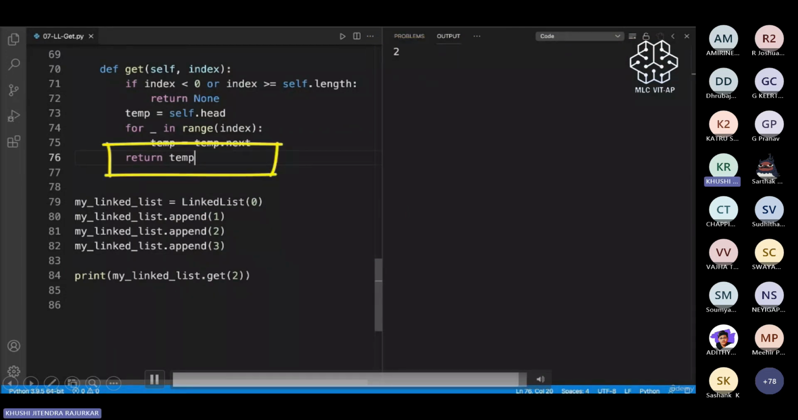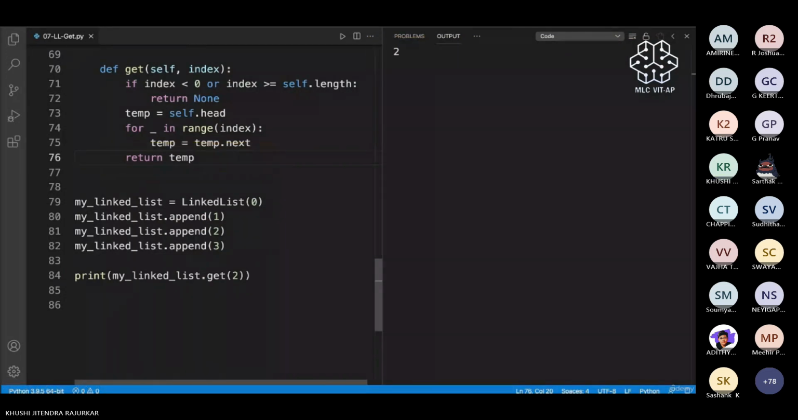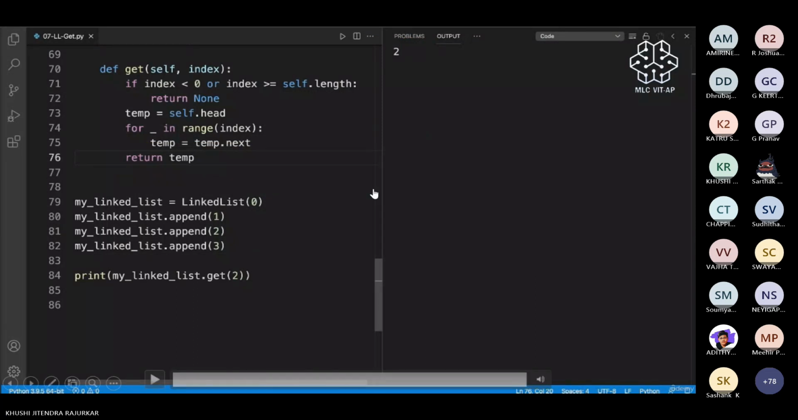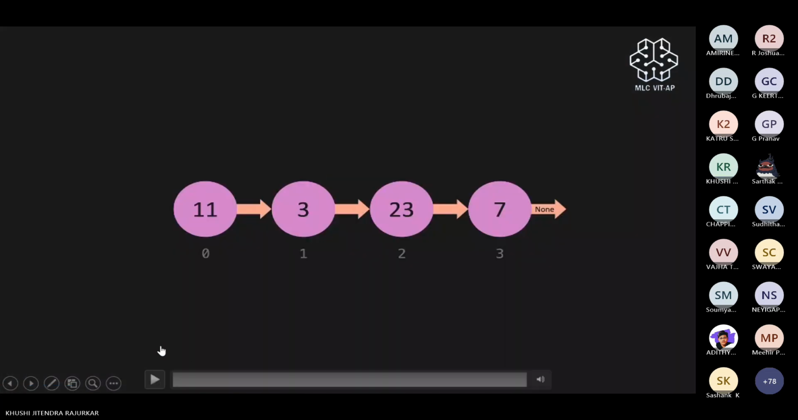Okay, so this was our get method. Any doubts until now? We'll be moving on to our